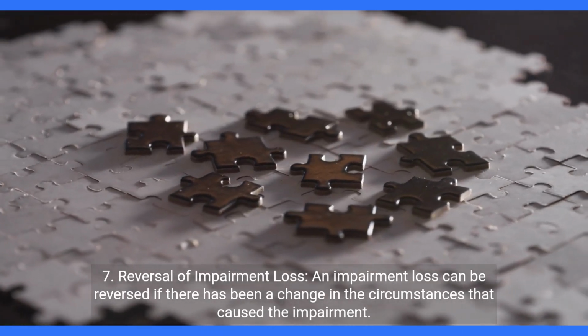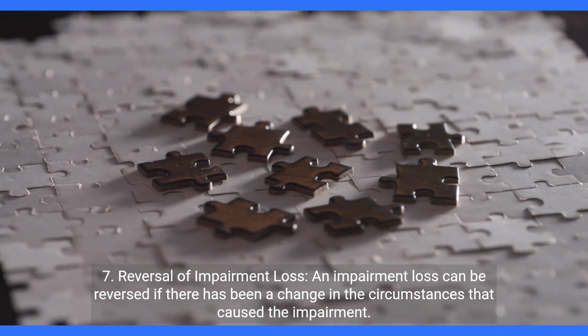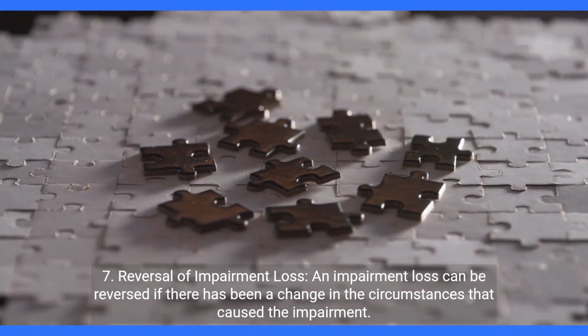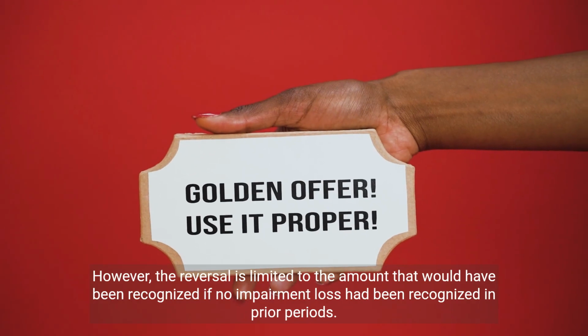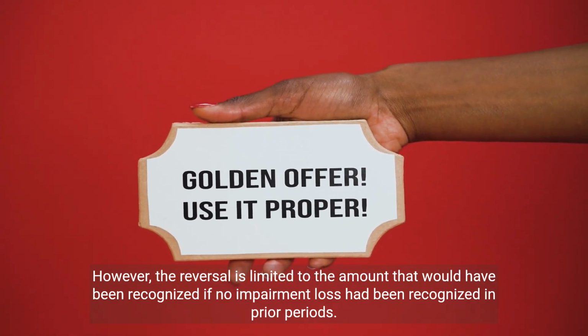7. Reversal of impairment loss. An impairment loss can be reversed if there has been a change in the circumstances that caused the impairment. However, the reversal is limited to the amount that would have been recognized if no impairment loss had been recognized